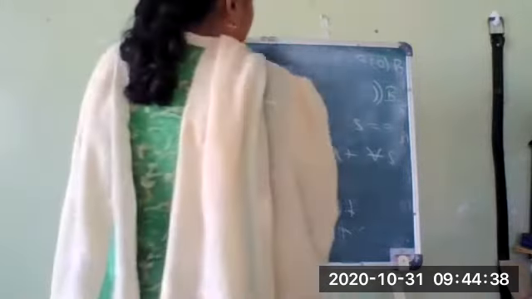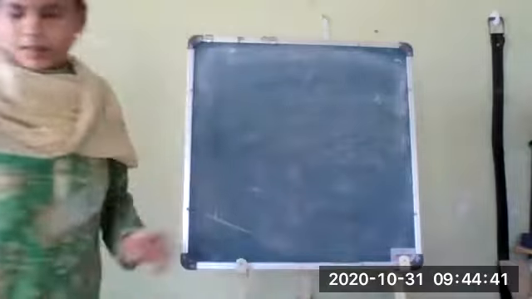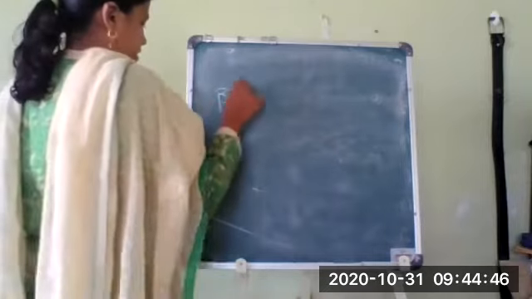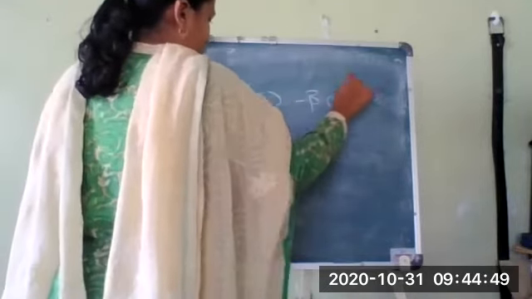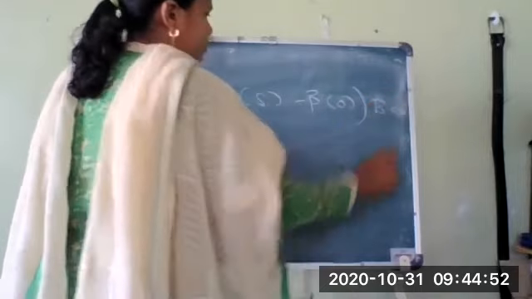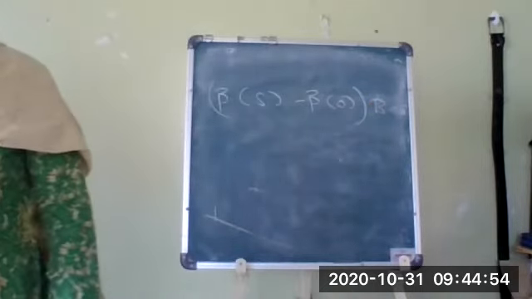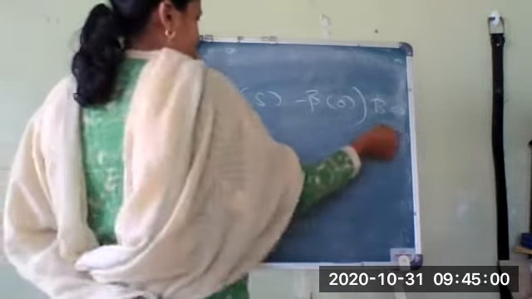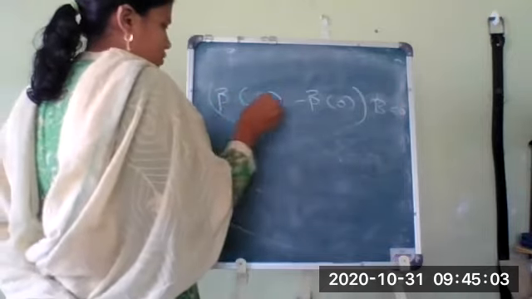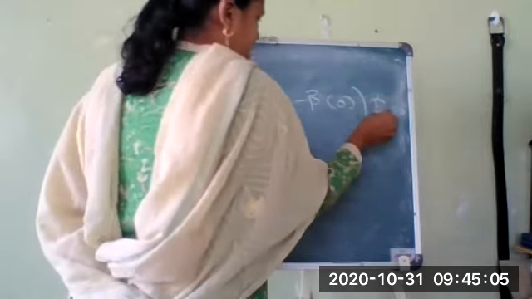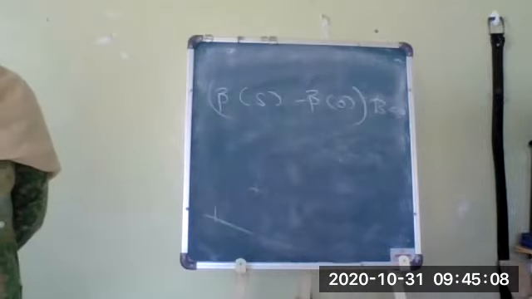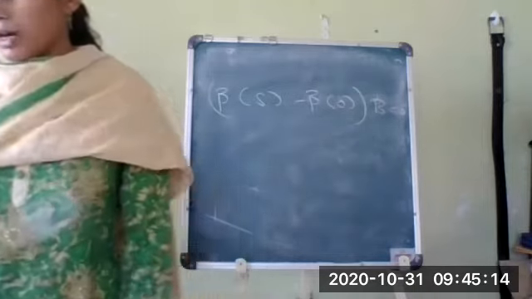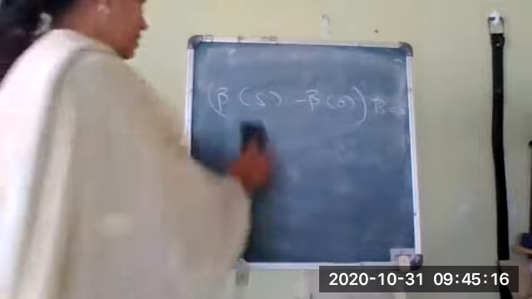Hence we can now write (beta of s minus beta of 0) dot b is equal to 0, because we have obtained that the value of f of s is 0. That means f of s is always 0. If this equation holds, it means that beta is a curve passing through beta of 0 and it is perpendicular to b. Hence this curve will satisfy the equation of a plane, and hence beta is a plane curve.